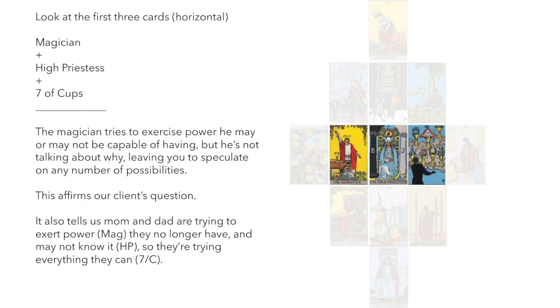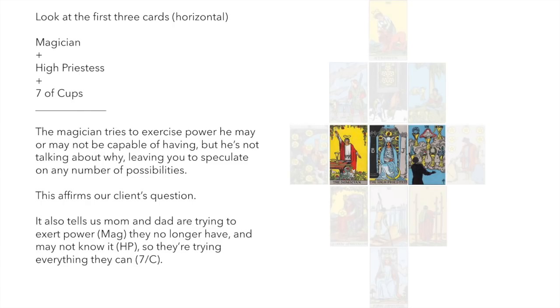So it's really confusing him. This combo of the Magician, the High Priestess, and the Seven of Cups already confirms what we knew, what was really the question. They're acting weird. Yep, they sure are. They're not telling him why, and they're leaving him really to guess, and he's feeling kind of overwhelmed by that